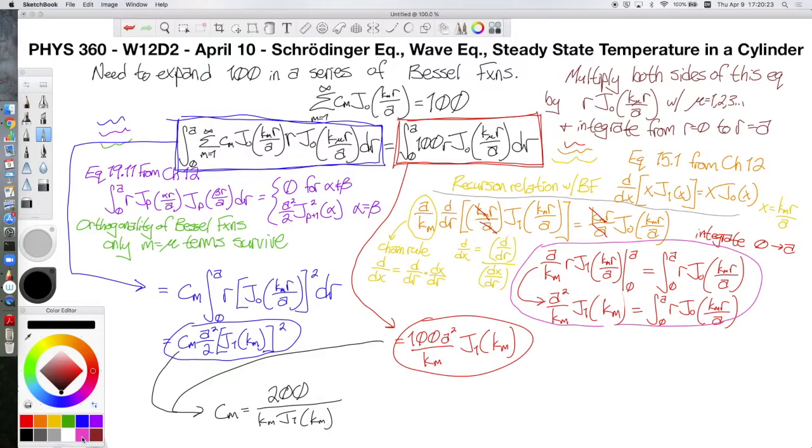There's one very important thing I want to note here, and it's about this Bessel function of k. Well, didn't we say earlier that k was a zero of the Bessel function? So shouldn't this be 200 over 0? Are we getting infinite values for our coefficients here? And the short answer is no, we are not getting infinite values for our coefficients, because the k_m are the zeros of J_0, not J_1. So J_1 of k_m will give you a finite, non-zero value